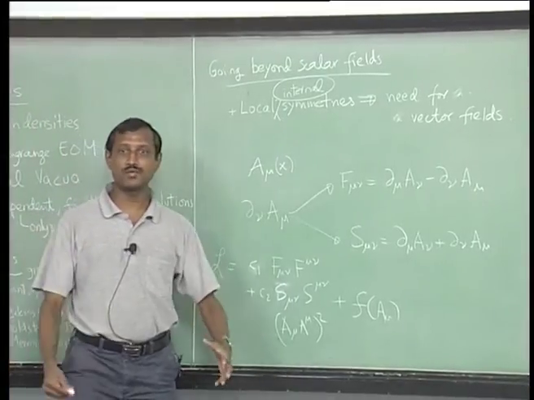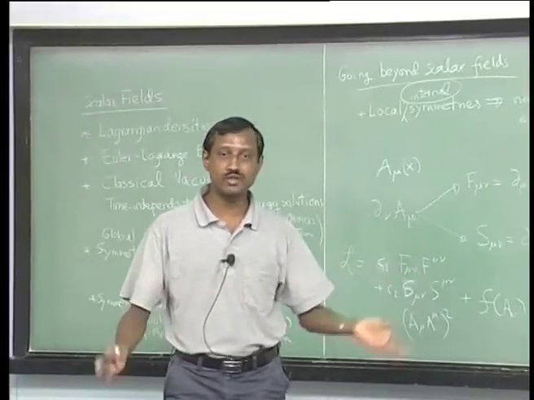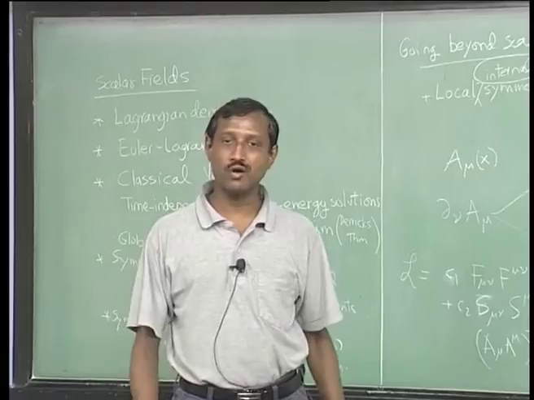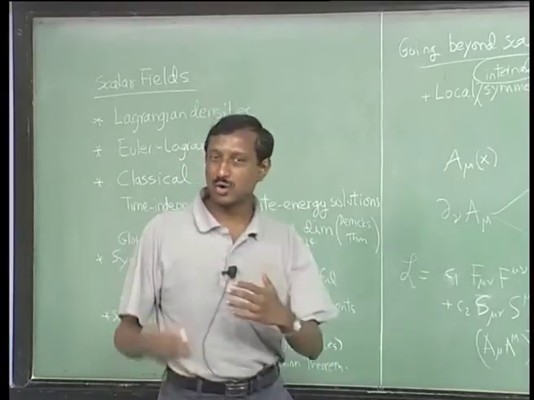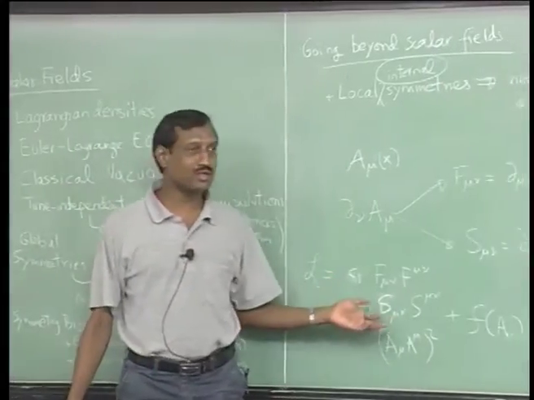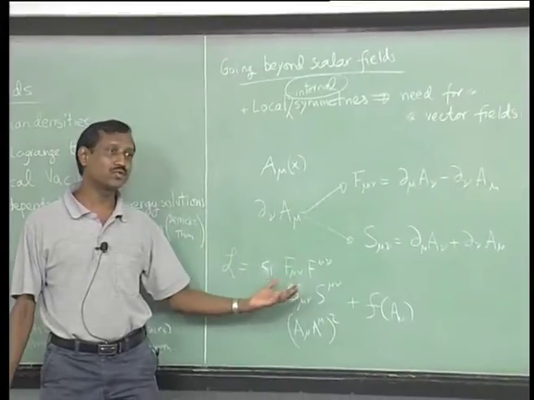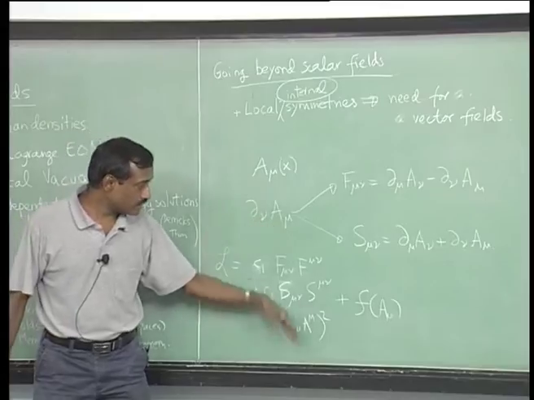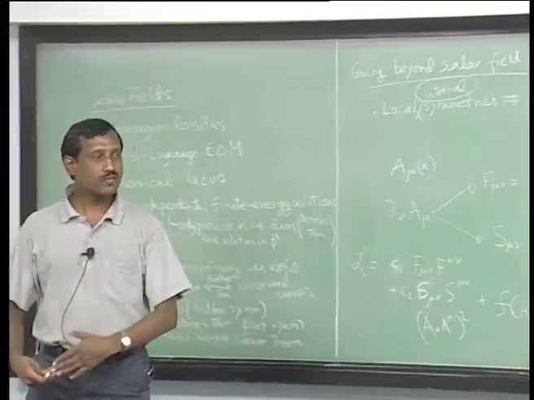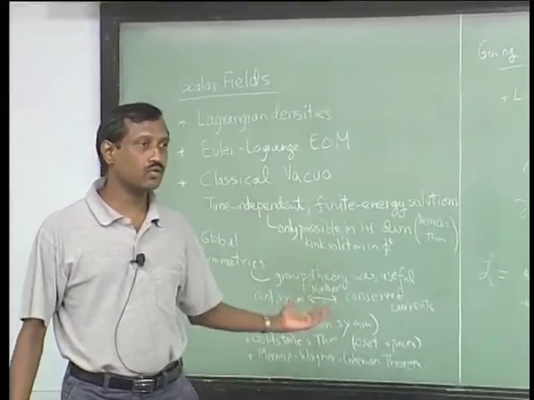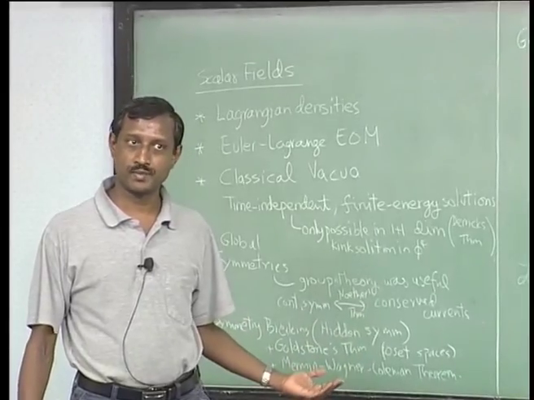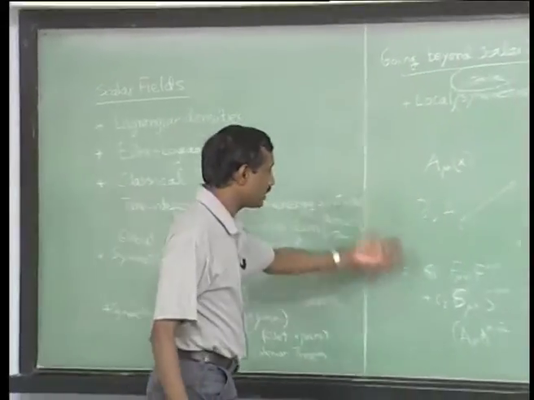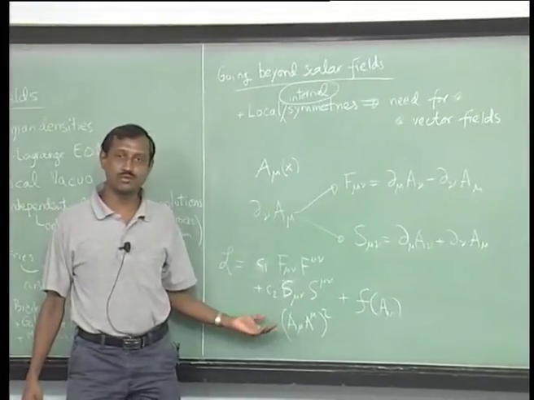So, in quantum mechanics, what is sacrosanct? You want to have a Hilbert space in which everything is positive definite. You do not want states with negative norm, and they are called ghosts or whatever. So, these theories had a lot of problems with those kind of issues. And so, if you just write ad hoc, write a theory like this, as far as we know today, these do not make sense quantum mechanically. Okay. But if you want to write a classical field theory, you can go ahead and do this,